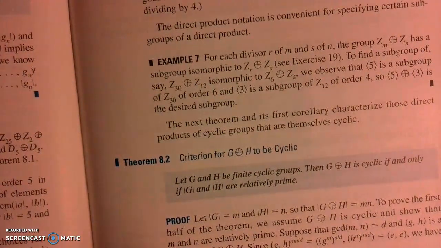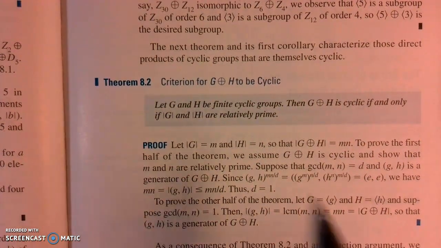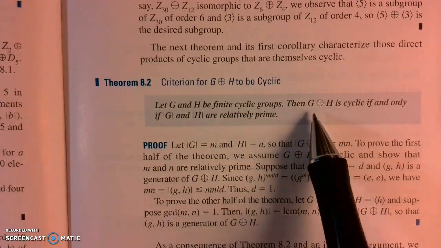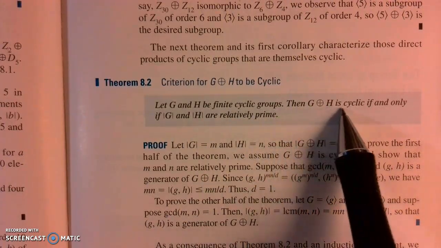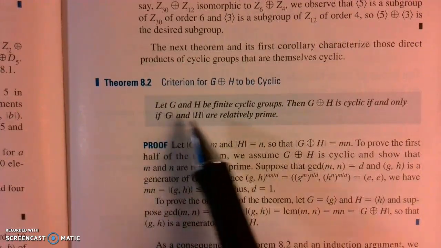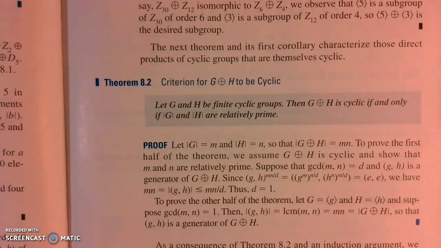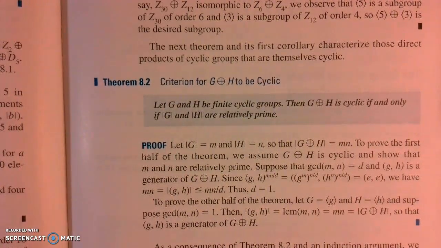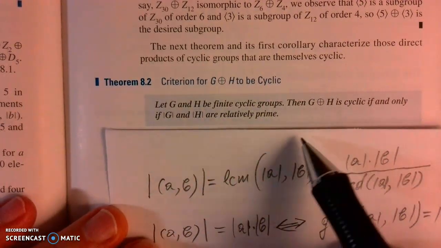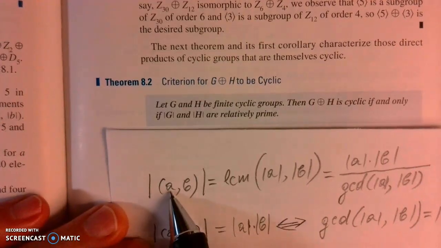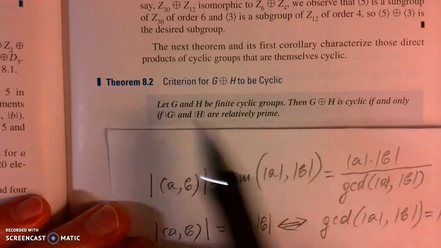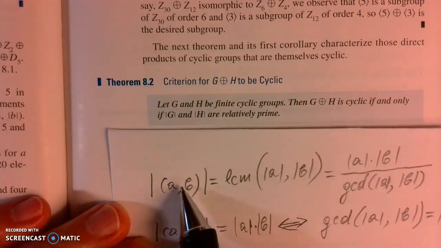Theorem 8.2. Let G and H be finite cyclic groups, then G plus H is cyclic if and only if the order of G and the order of H are relatively prime. The proof follows immediately from theorem 8.1. If a is a generator of G and b is a generator of H, then the pair (a, b)